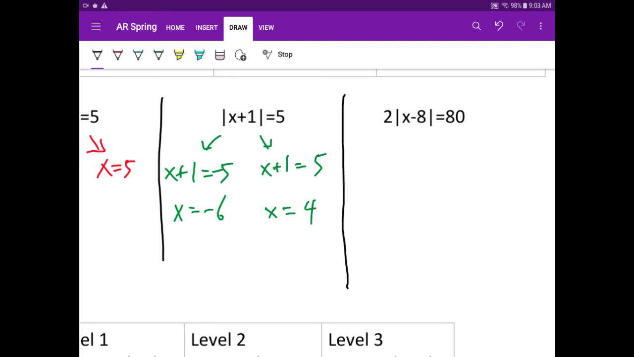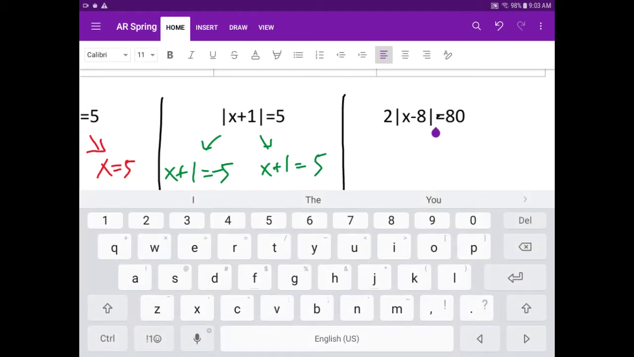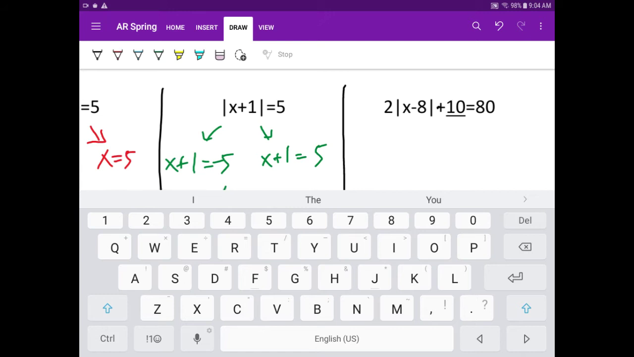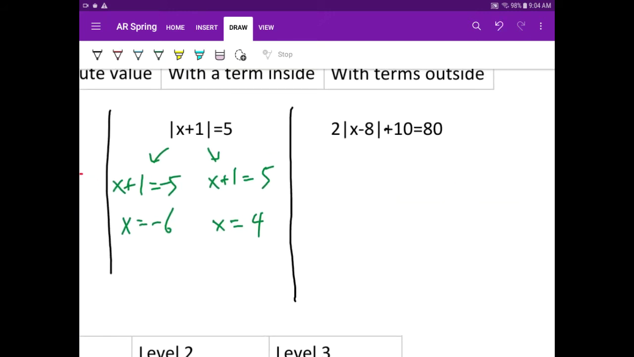When you have things on the outside, here let's make this one a little bit more complicated. Let's do plus 10. Okay. This keyboard go away. Here we go. So what I'll do here is I'll subtract 10. So you have 2 times absolute value of x minus 8 equals 70. Divide by 2, you get absolute value of x minus 8